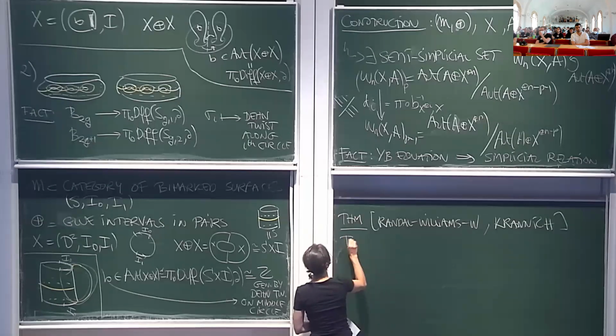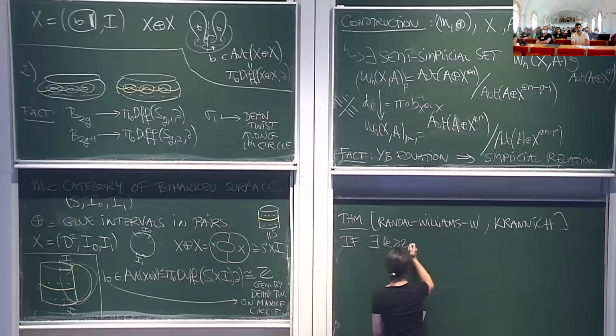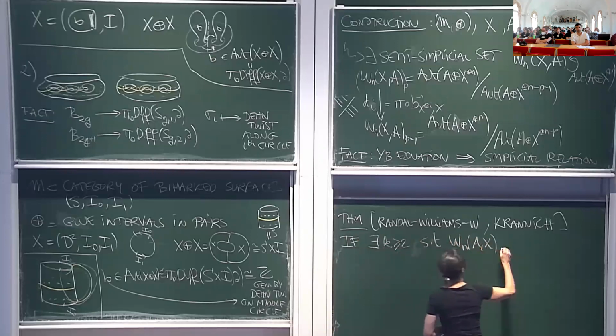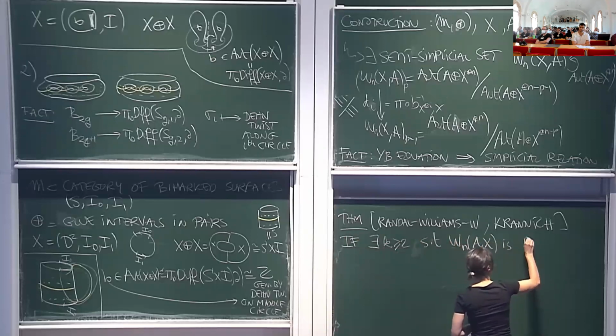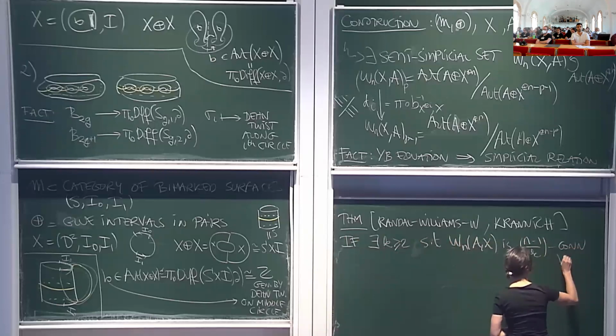It says the following: in this particular situation, if there exists a k at least 2, such that these spaces W and AX are n minus 1 over k connected for every n,